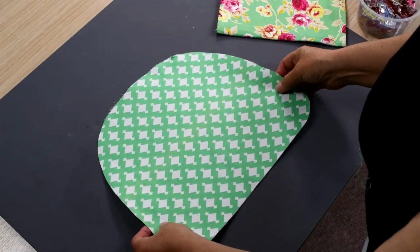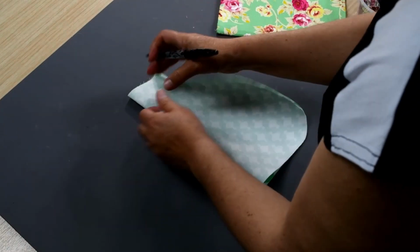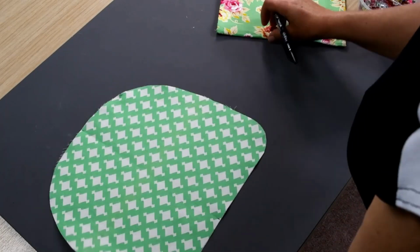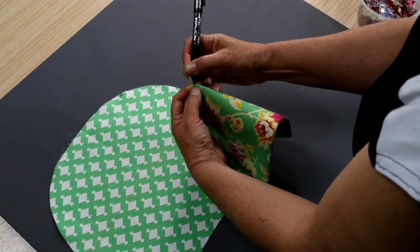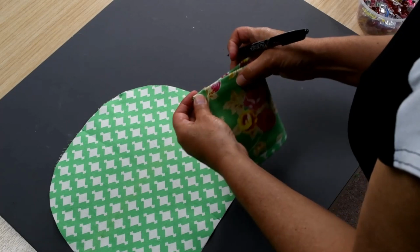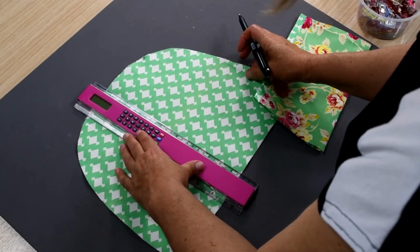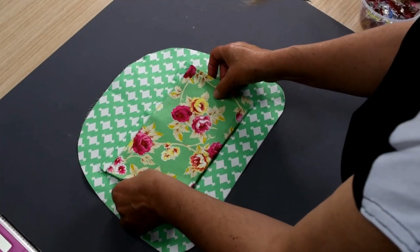Grab one of your body pieces, body lining pieces. I like to find and mark the halfway points, both on that and on the pocket. With a fading marker or friction pen, I just like to draw a faint line so that I can get this nice and even,